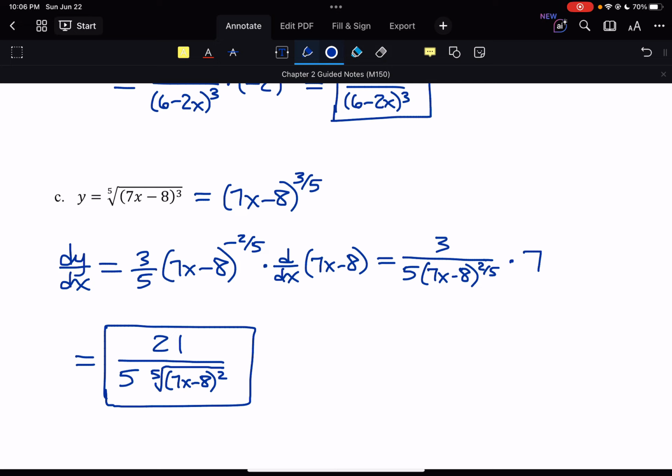All right, but that brings us to the end of section 2.4. That is the end of our work in chapter 2. So we've introduced a lot of derivative concepts and derivative formulas. We've done some practice with a bunch of different functions. When we come back in the future chapters, we'll be looking at more derivative formulas, more applications of derivatives, and we're going to be seeing a lot of the different stuff we can do with them in the next couple of chapters before we get to around the middle of our